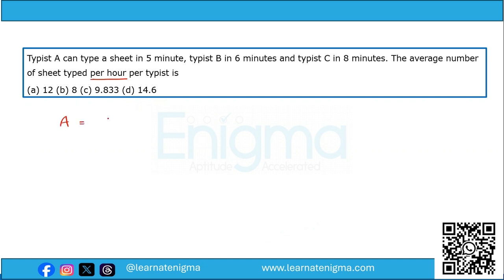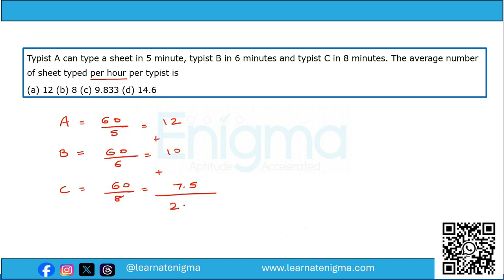So A can type 60 upon 5, that is 12 sheets in 1 hour. B can type 60 upon 6, that is 10 sheets in 1 hour. And C can type 60 upon 8, that is 7.5 sheets in 1 hour. That means in total they can type 29.5 sheets per hour. Now there are three typists, so therefore the required answer will be 29.5 upon 3, that